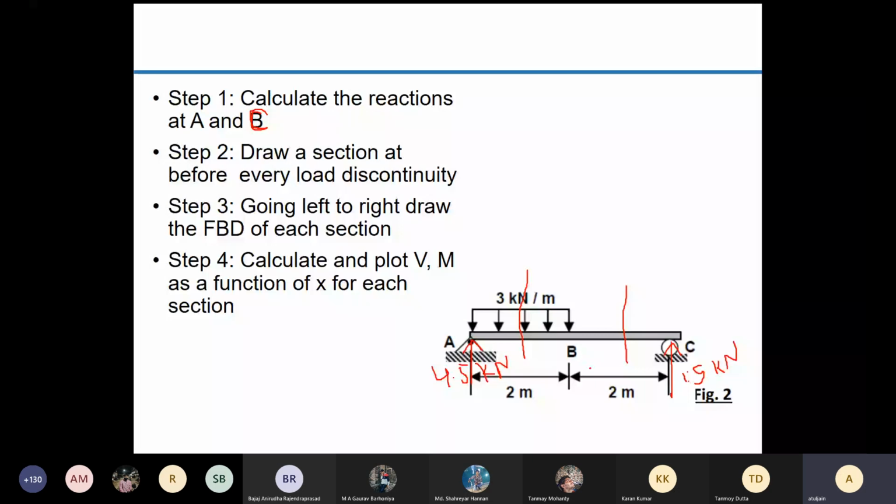Now let us draw the free body diagram of AA prime, where this section has been made at A prime. You can either go left to right or right to left. Let us go left to right. And we also have to keep in mind,